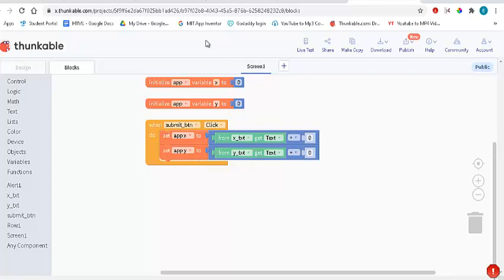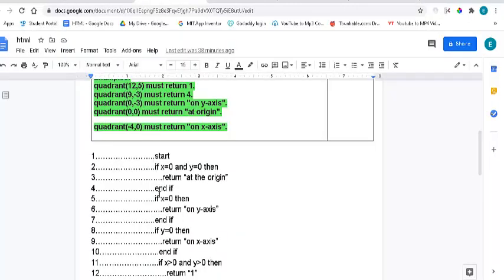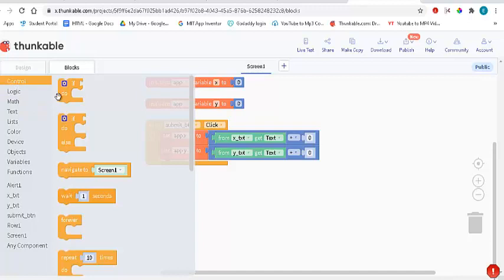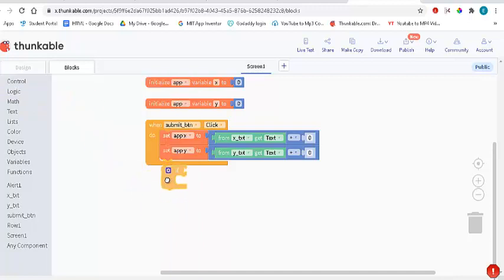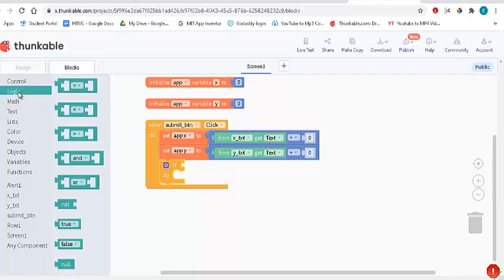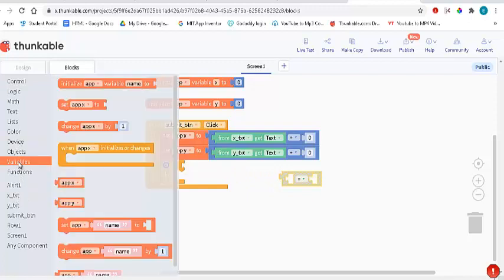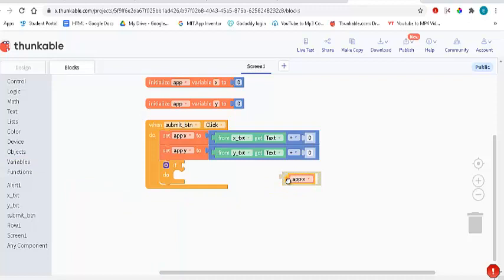Now what I'm going to do is check to see if they are both 0. So I'm going to go to control and say if both of them are equal to 0, so I need this one. If x is equal to 0, use the variable. So I'm going to say if x is equal to